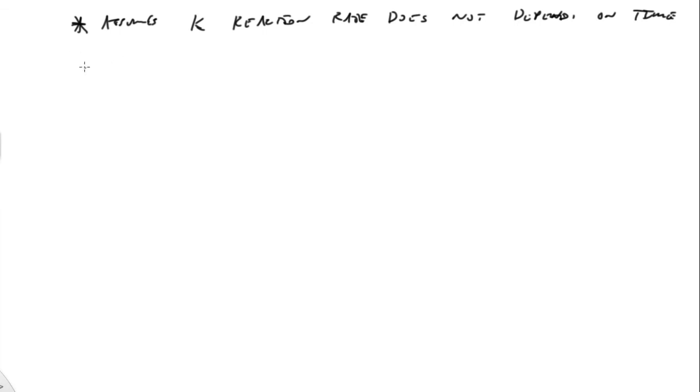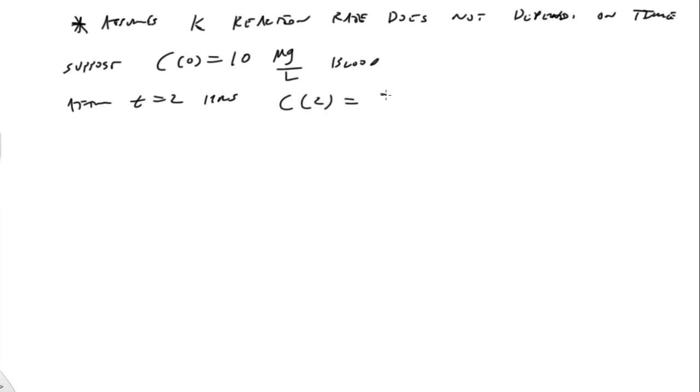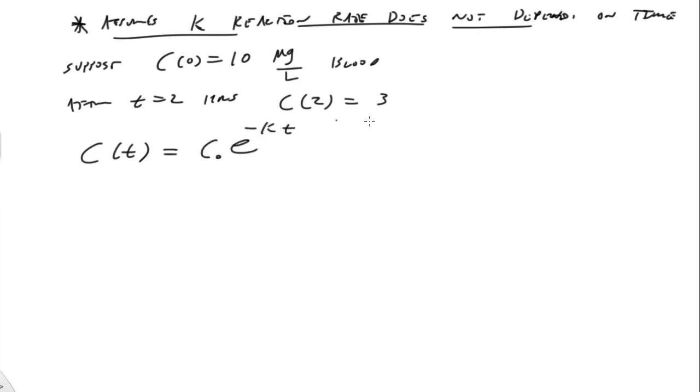So let's talk about a specific model. So we don't actually have to solve differential equations, but let's say that C at time 0 is equal to maybe 10 micrograms per liter of blood. Okay, so it's a concentration we're talking about. And let's say after t equals 2 hours, we observe that C of 2 is equal to 3 micrograms per liter. Again, we'll assume that our reaction rate is a constant. Then we know the solution has to be of the form C0 e to the negative kt, where we already know what C0 is. It's 10 e to the negative kt. All right. So now the question is,